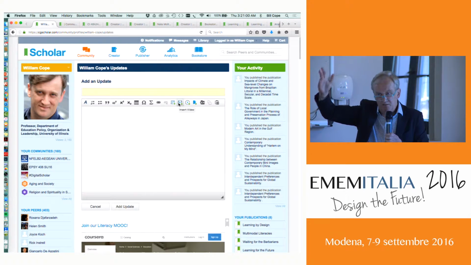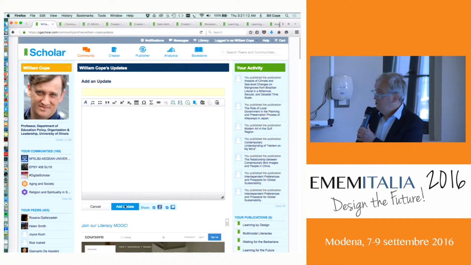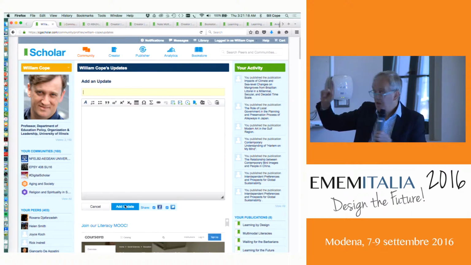The external media might be SoundCloud, might be YouTube, might be GitHub, it might be a stretch of code in GitHub, for example. Any external media can be embedded inline in that space. And by the way, when I make an update, I can choose to feed that update also to Facebook and Twitter. So it becomes a tweet, it becomes a